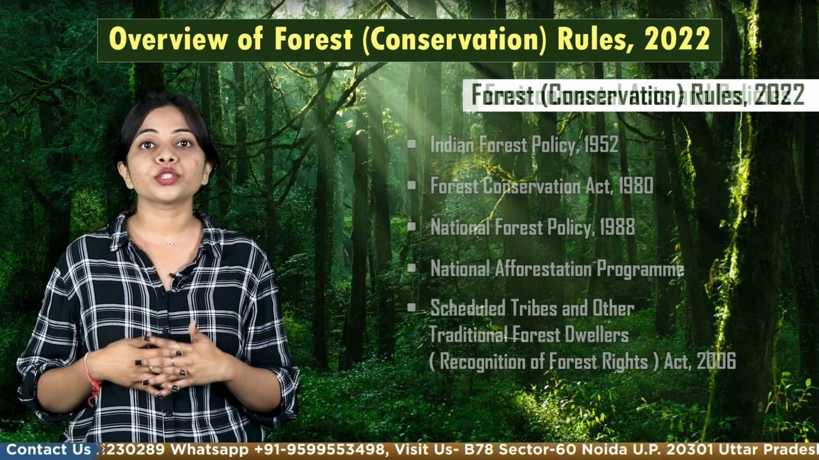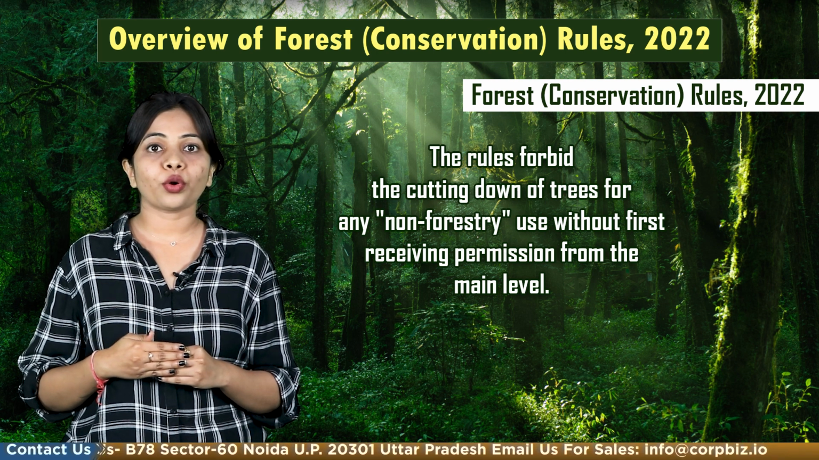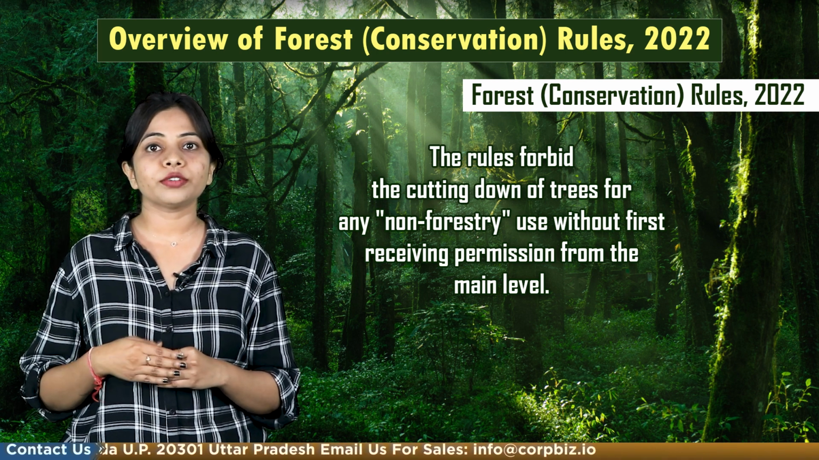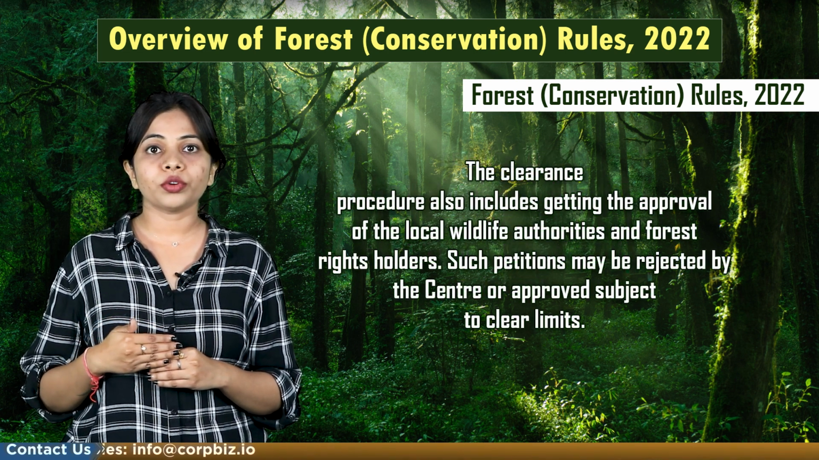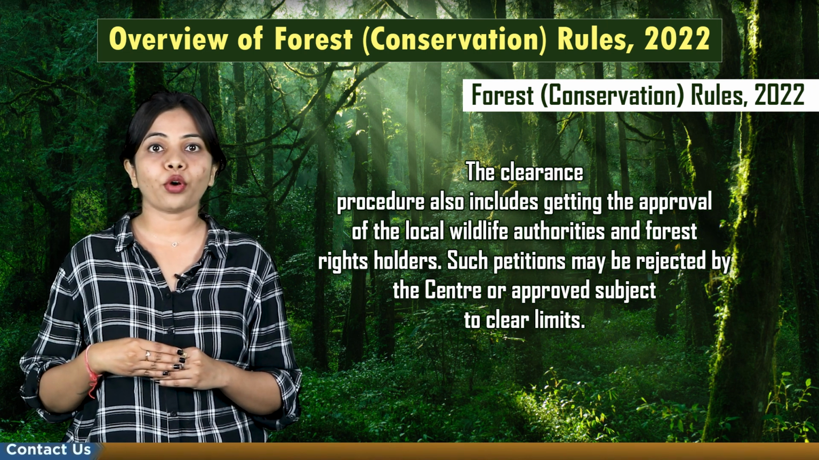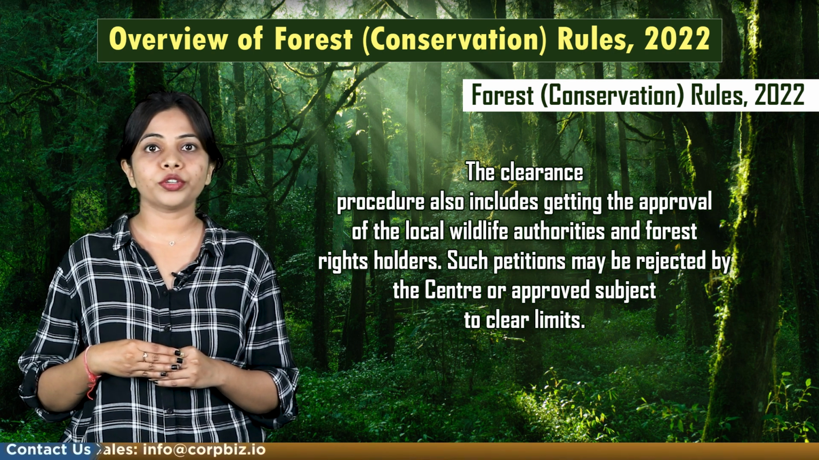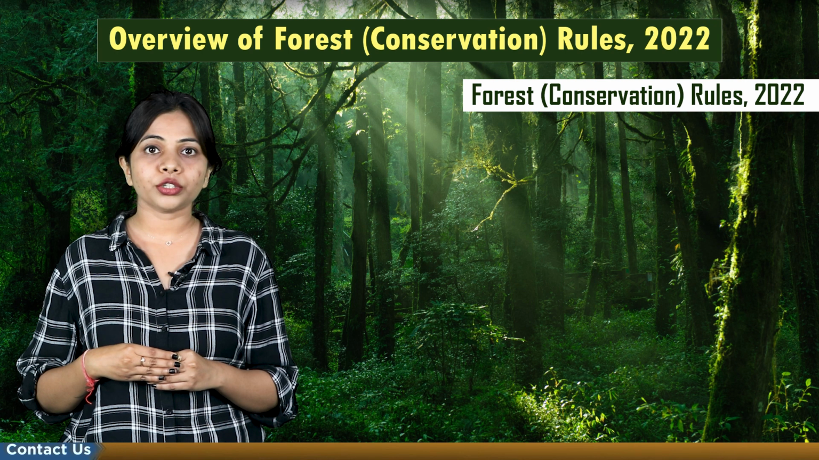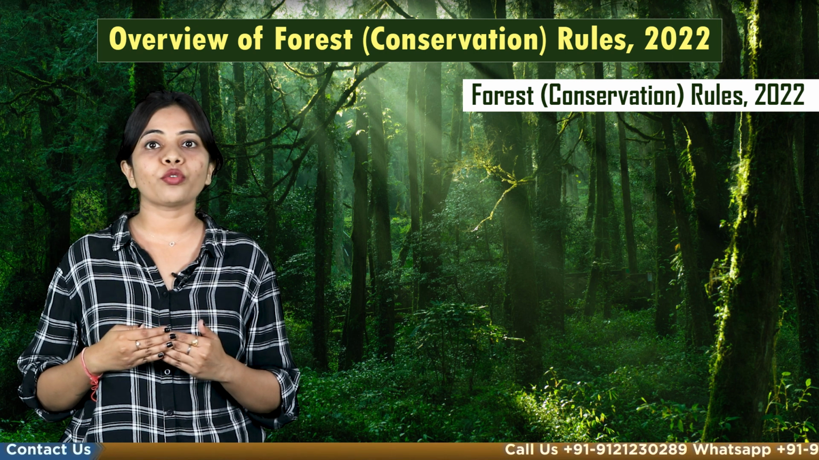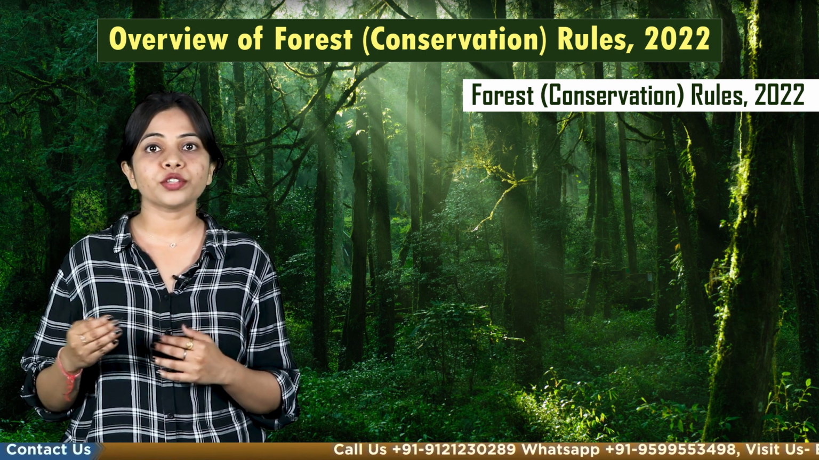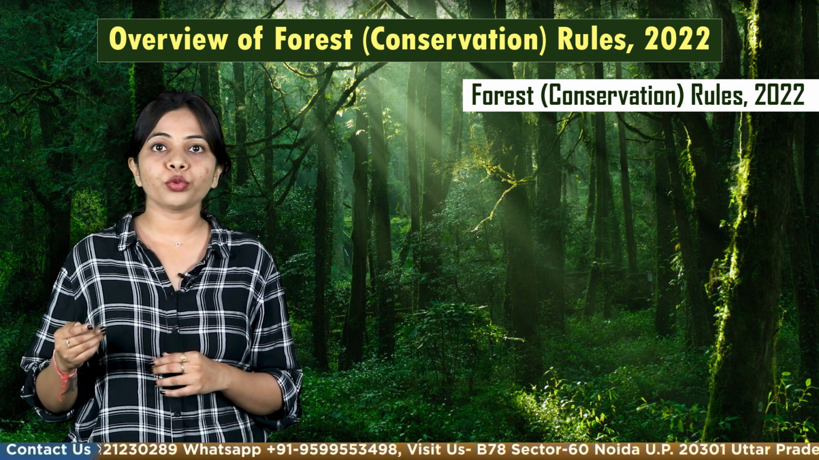Now let's understand what is Forest Conservation Rules 2022. These rules forbid the cutting down of trees for non-forest uses without first receiving permission from the central level. The first procedure also includes getting the approval from the local wildlife authorities and forest rights holders. Such petitions may be rejected by the center or approved subject to clear limits. The final diversion order issued by the competent state government or UT, which permits the use of forest land for the planned purpose and transfers ownership of the property to the user agency, marks the completion of the approval process for